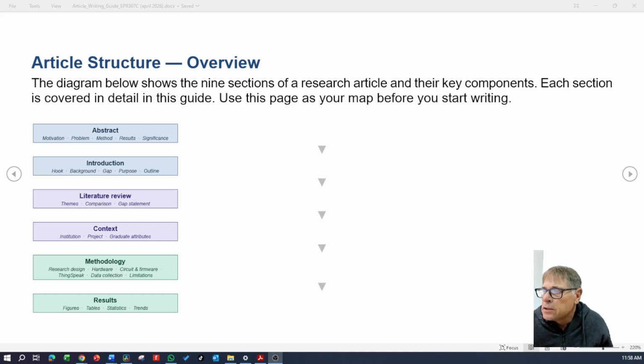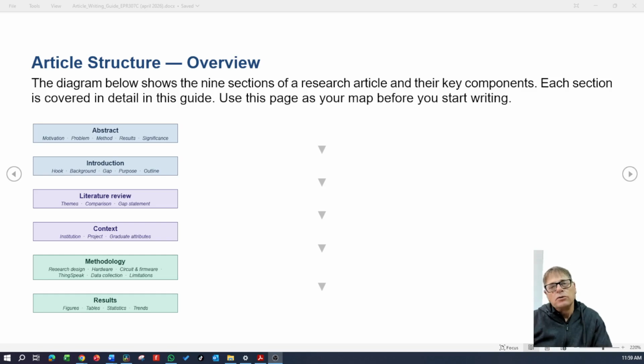Now, the abstract: the first part in the abstract, one or two sentences, will be the motivation of your research. So why your research is important and why the reader should bother with it. Then the next thing is your problem. You go directly into your problem and then the method, how you address that problem, the basics of the method, most important parts of the method.